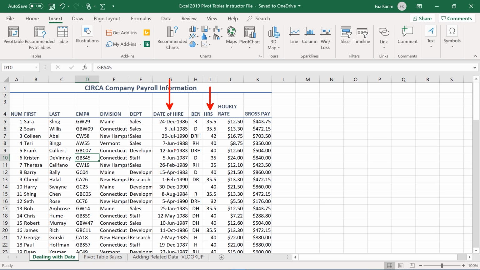Or maybe I wanted to go ahead and have the month of hire. Now, all these values can be extracted from the data that we already have. It's pretty simple to do so. Let's go ahead and build these extra columns that we need so that we can build these data fields, and then we can use them once we start